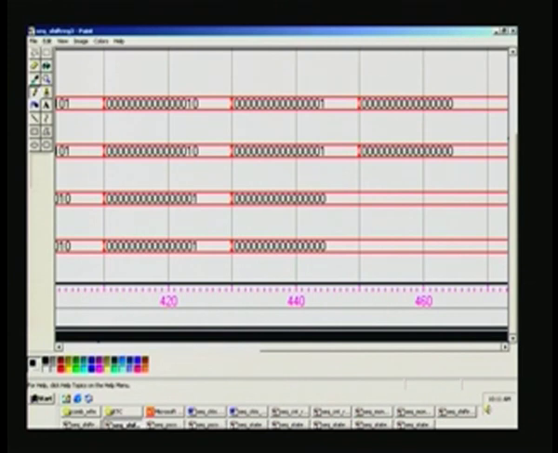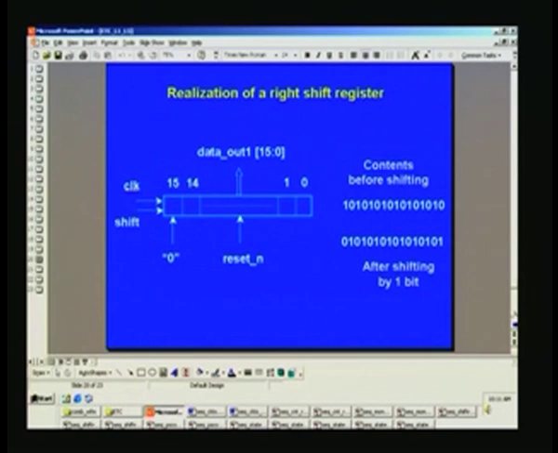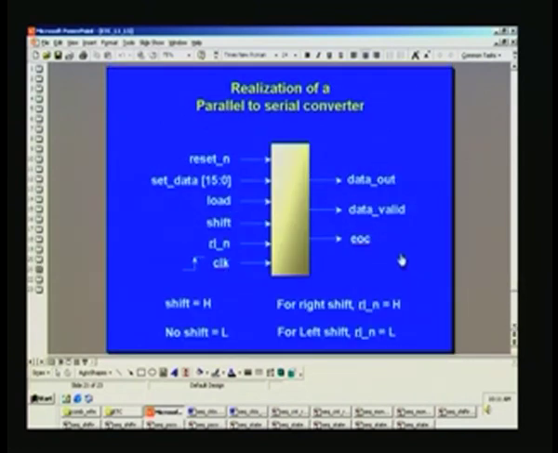So next we will move on to what we had seen, a parallel to serial converter. There is a reset, you can set the data and then load it and then shift once you have loaded. So what it does is we have 16 bit parallel information which will load into the shift register here, and then shift either left or right depending upon this control RLN, one being right shift here, and at